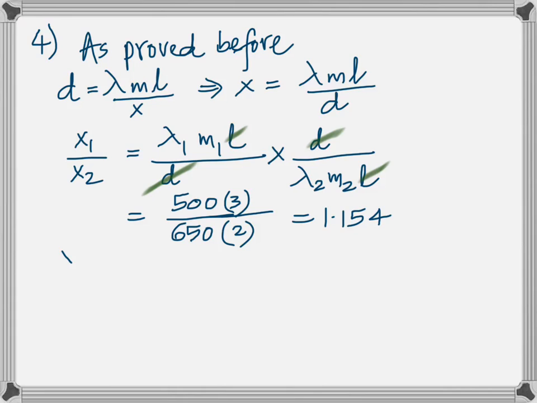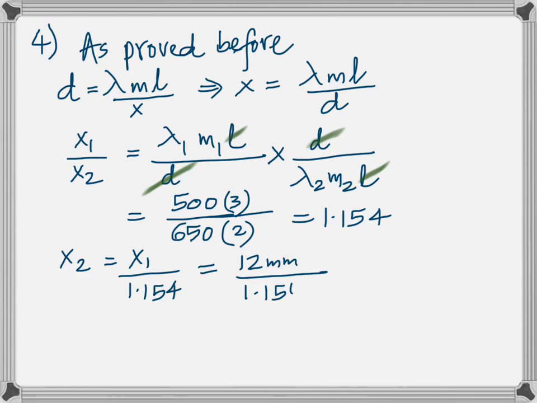Here you see that the constants cancel out in this question, and you have x1 by x2 is 1.154. So you get x2 is 10.4 millimeter. Now in the fifth one,